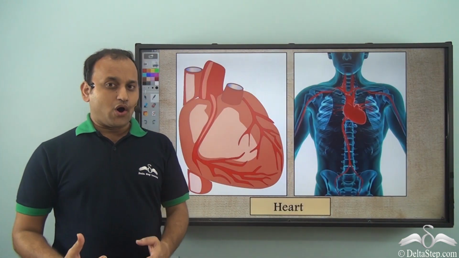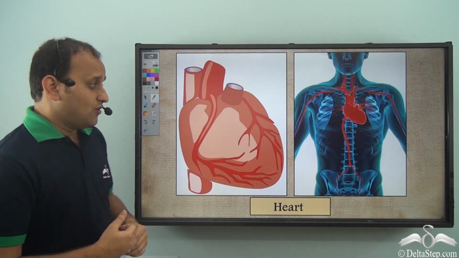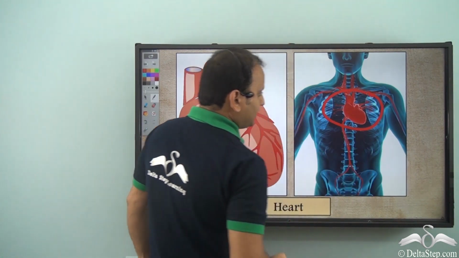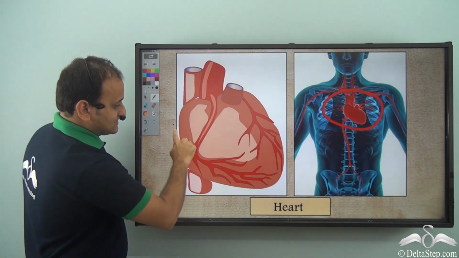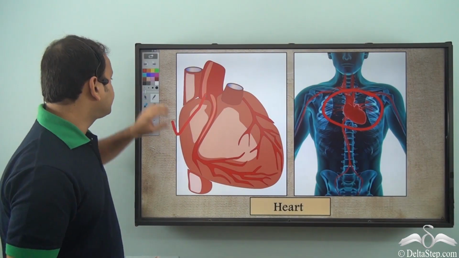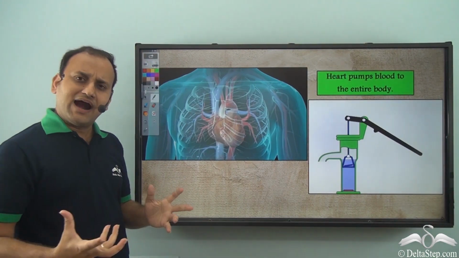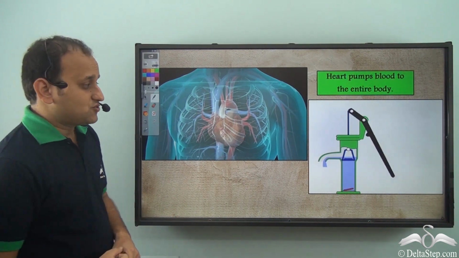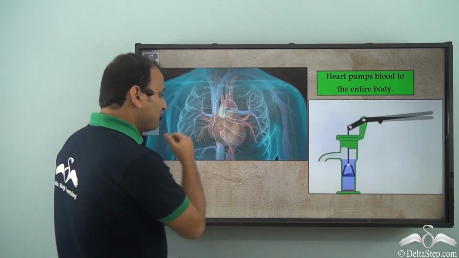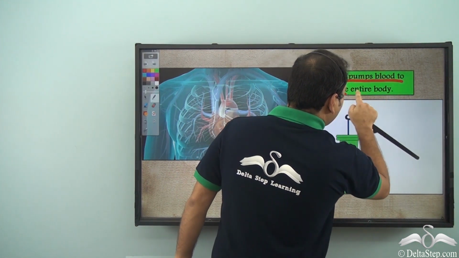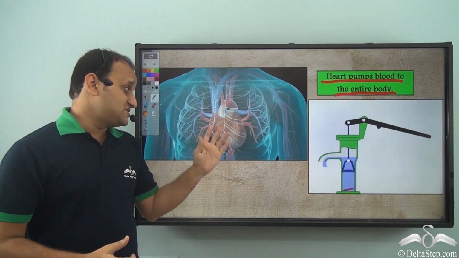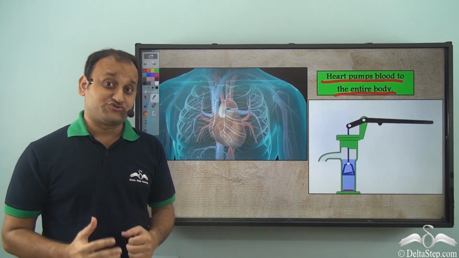Now, next important organ is the heart. Now, where is the heart located? Well, here in our chest. And it looks something like this. Now, what is the function of heart? Why is it such an important organ? Well, heart works like a pump in our body. Just like you must have seen a water pump pumping water out, similarly, our heart pumps blood to the entire body. And as a result, it is a very important part of the body. And this pump runs on continuously without stopping even once.